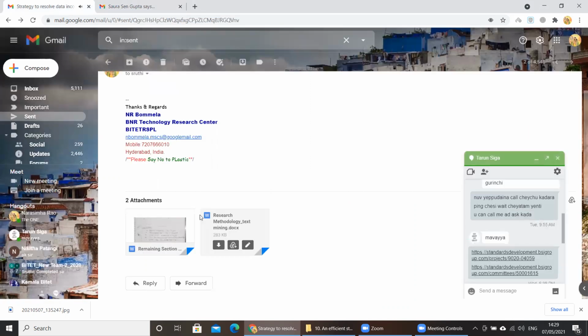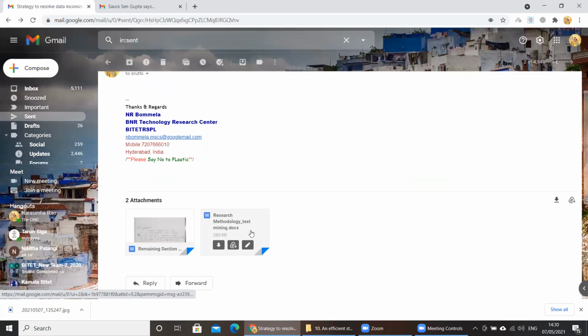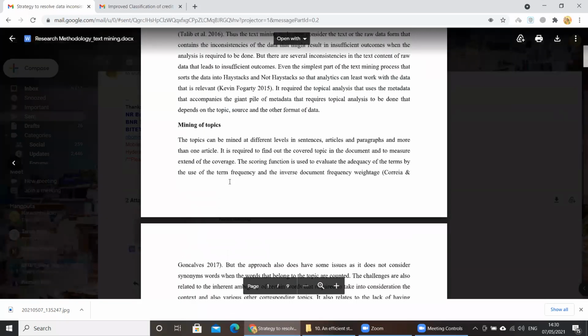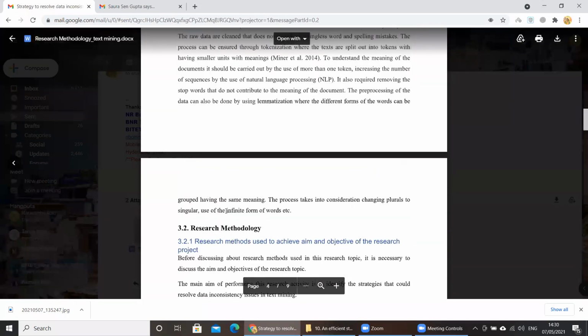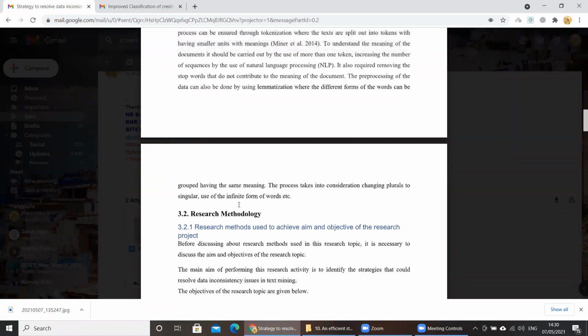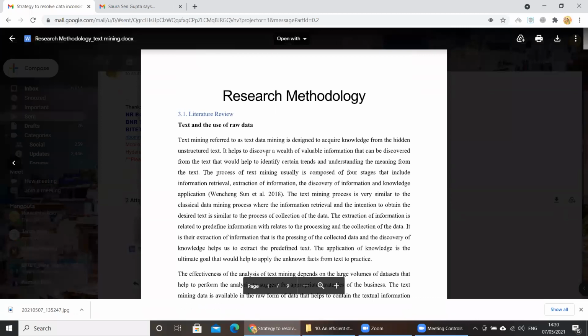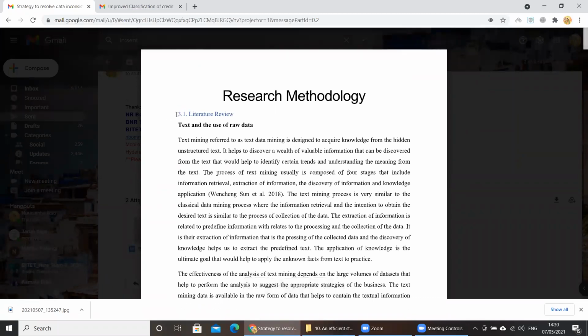Okay, some of you might have got documents where the research method section is completely included. It is a single document that contains both 3.1 as literature review and 3.2 as research methodology. Okay, so for this one, you just download it, add a section called introduction before the literature review, and after research methods include a section called conclusion. These two things should be done.